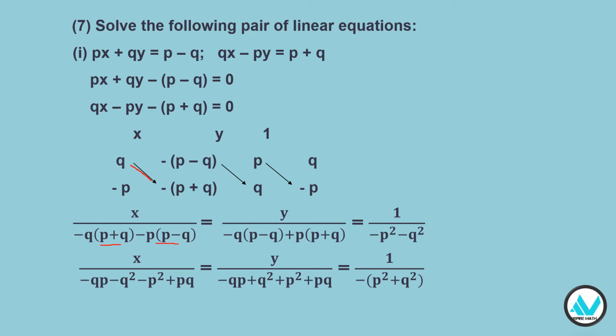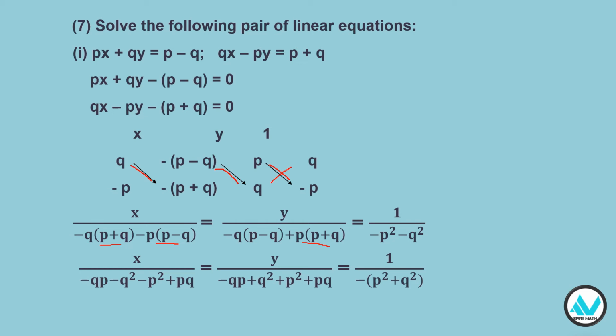Next, equal to y by, I'm going to multiply these two, so minus (p minus q) into q, which gives me minus q into (p minus q). Again the given condition is going to be minus, since I have one more minus here, so minus of minus becomes plus, so p into (p plus q), so I have written here. Again my next step will be minus p into p gives me minus p square, and again the given condition is going to be minus, now q into q gives me q square. Now my next step will be, I'm just going to multiply the terms inside.